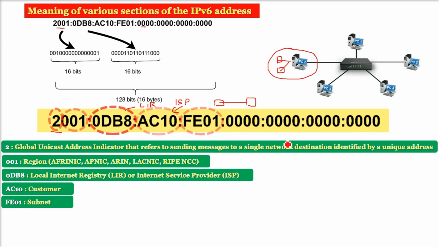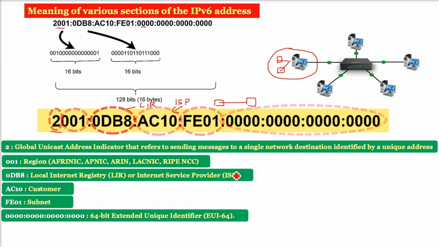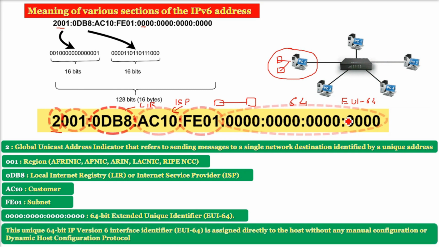And after that we have 4 more of these hexadecimal numbers separated by colons. This whole is a 64-bit extended unique identifier, EUI64. Okay, extended unique identifier, and this is especially for your computer, your system. So this unique EUI64, which is a 64-bit IP version 6 interface identifier, is assigned directly to the host, that is your